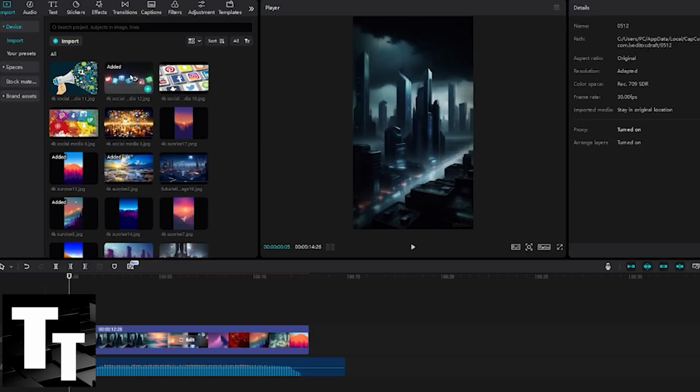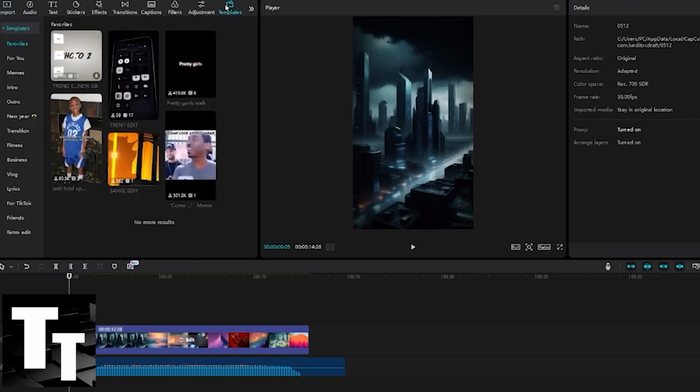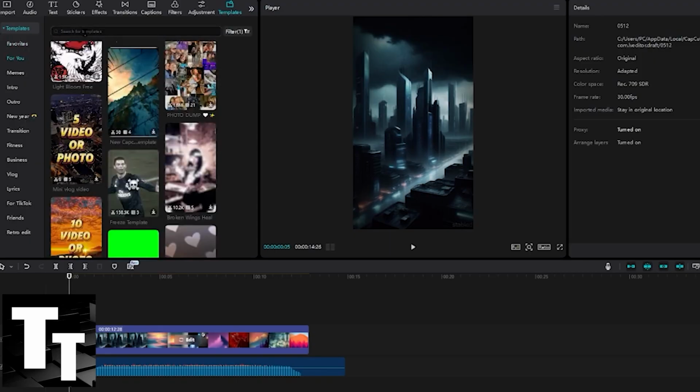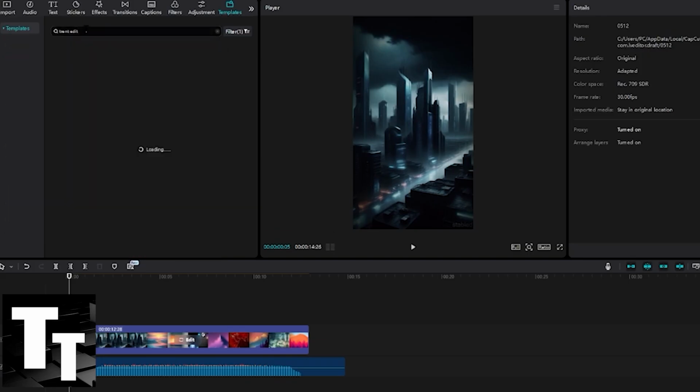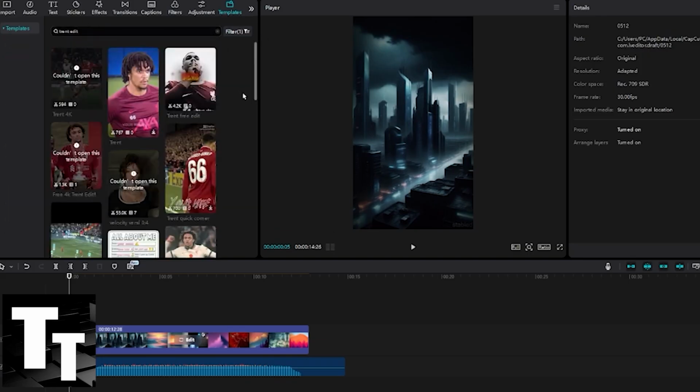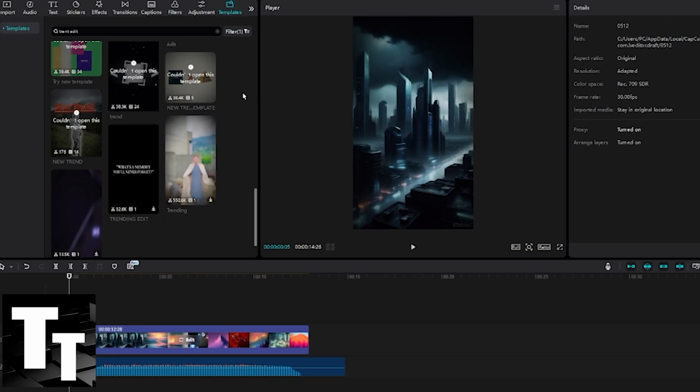In order to create a trendy edit, go to the Import tab on CapCut PC, top left hand screen. Scroll to the right and click Templates next to Adjustment. Underneath here, you want to click the For You page and click in the search bar, type in trend edit. And basically you want to locate a trend edit that has pictures or photos that you would like to